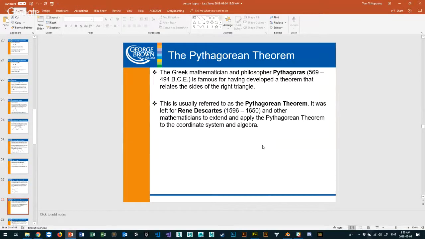All right, so we have this old Greek guy, Pythagoras, back in something like 569 to 494 BC. He lived quite a long time, for that time anyway. He was really cool because he calculated the idea that if I have a right angle and I know the distances of two sides, I can calculate the other side, the opposite angle, if you will, which is kind of cool.